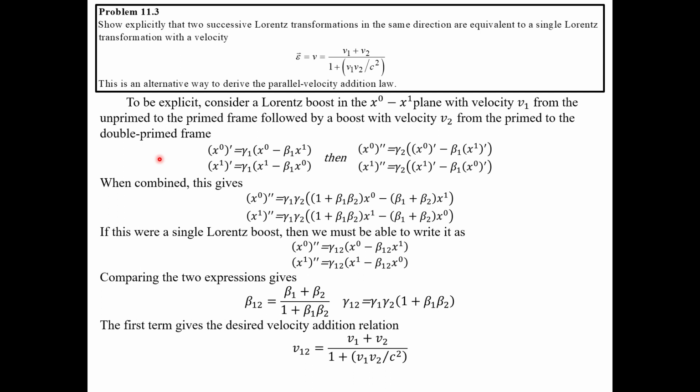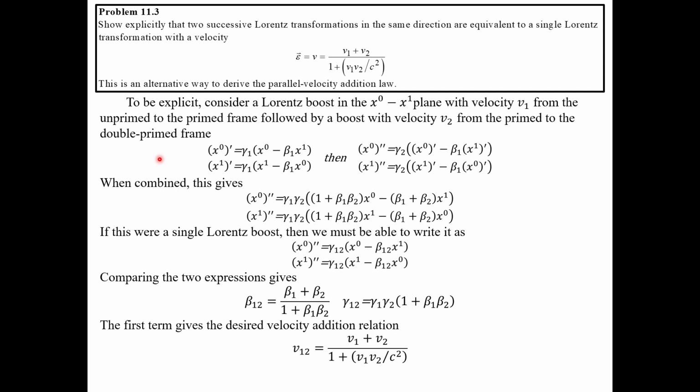To be explicit, consider a Lorentz boost in the x0, x1 plane with the velocity v1 from the unprimed to the primed frame, followed by a boost with velocity v2 from the primed to the double primed frame. When we combine this, we get the two relations below. If this were a single Lorentz boost, then we must be able to write it as